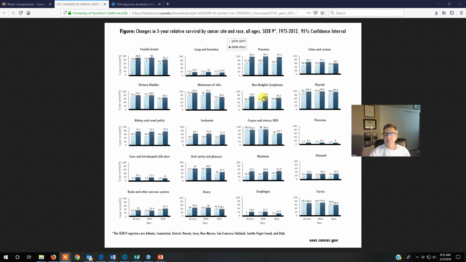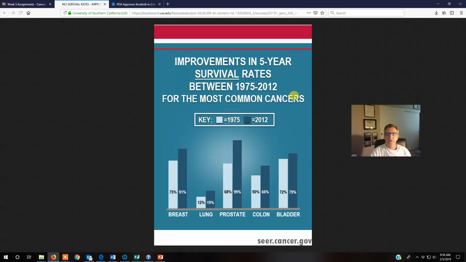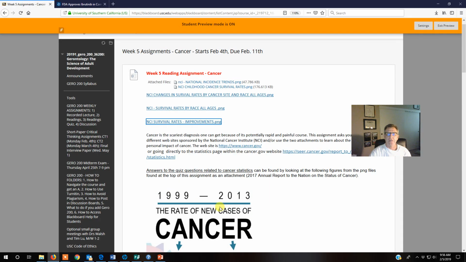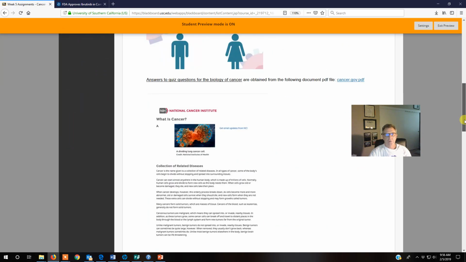And we see major steps have come through here. And I'm going to talk about her situation because she's contributing to the improvement in the 5-year survival rate, because she's in a clinical trial right now testing brand new drugs that will help fight these forms of cancer. Okay. All right, so you go through and you basically do look at these other ones as well. These other images, for example, this one is an overview of the most significant cancers, and then you use that to answer your questions. Okay, so that's how that works right there.